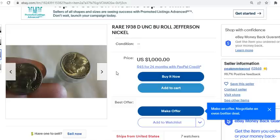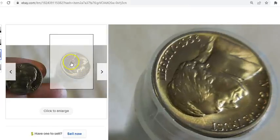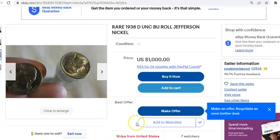If they have like a 1938 D graded mint state 67 with full steps in there, that kind of proves a point, right? That maybe these were cherry picked for those high grades, and you shouldn't touch these with a 10-foot pole. So yeah, BU rolls, they're fun, but boy, they are quite scarce unless you have